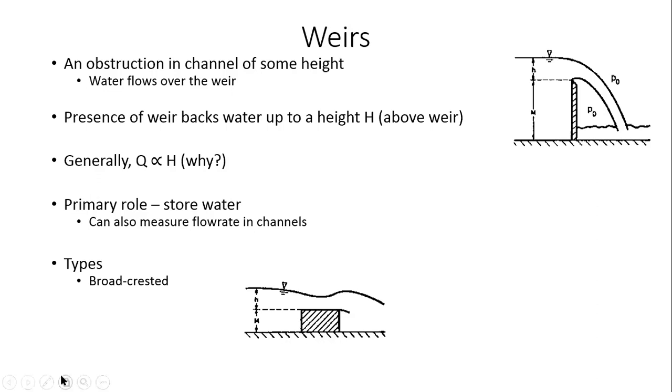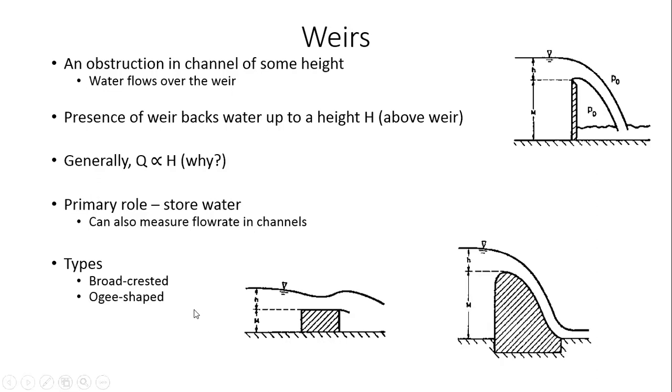Another typical type of example of a weir is what is called an ogee shaped weir. Basically, this ogee shape is essentially to make sure that the water flows along the shape of the weir, such that it mimics the shape of the water surface, right? So instead of water flowing out like this, if I have an ogee shape... this shape is called an Ogee shape. I don't know why it's called Ogee shape; you'll have to find out why. So this is an example of an Ogee shaped weir.